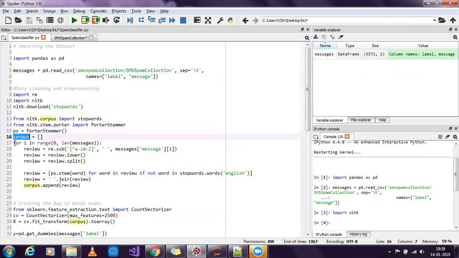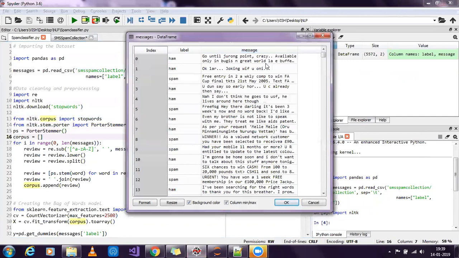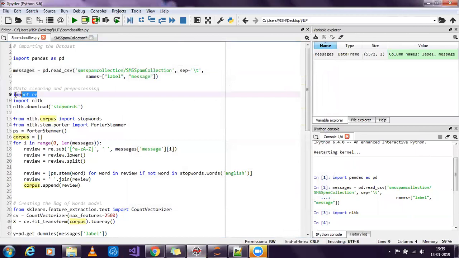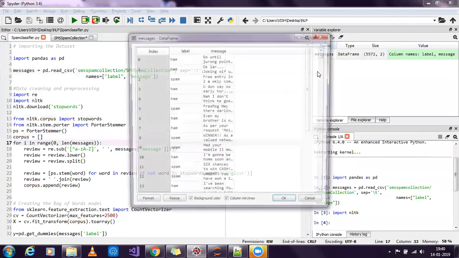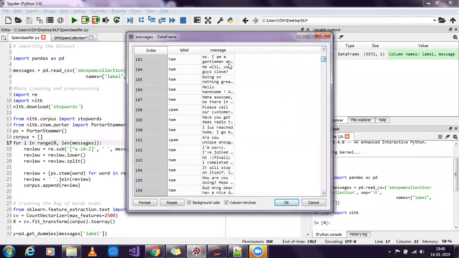As I told you, the first step is that I will remove all the unnecessary characters like numbers, full stop, comma, dots, exclamation mark, question mark. I'll try to remove everything from here. For that, I have imported this regular expression. So I will run a for loop on all the messages, that is 5572 records. You can see over here there are 5572 records. If I scroll down, there are 5572 records. For all of these, I'll put a for loop, and on each and every message,